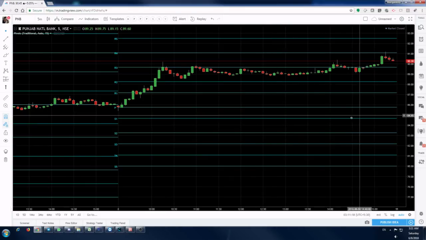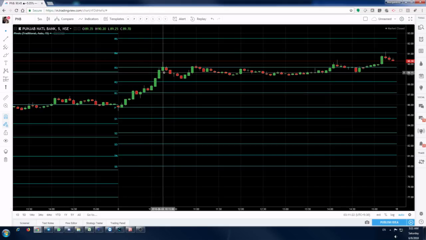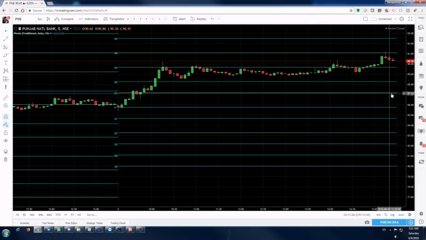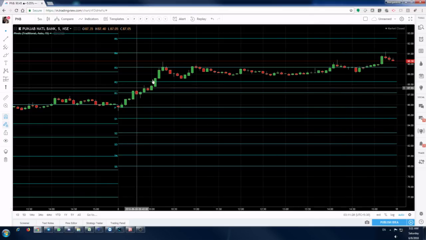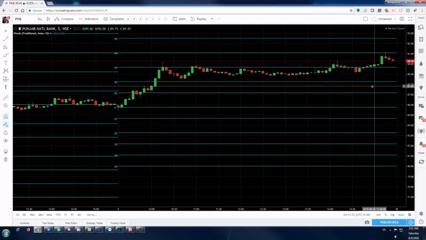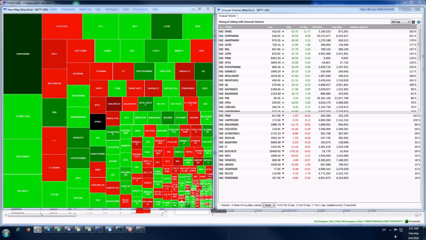Yeah, PNB also gave a nice move right from the starting of the market till 10:15. So continuously for 1 hour it was moving up. Apply your technicals and then see at what time you can take the entry and what time you can book your profits. The thing that I wanted to show here is not the technicals,